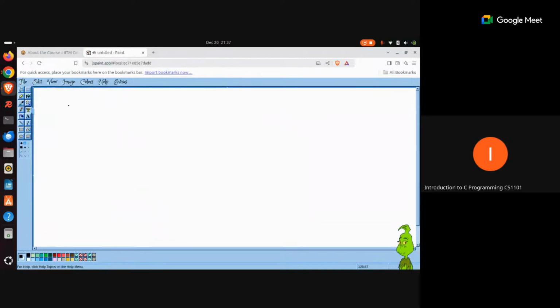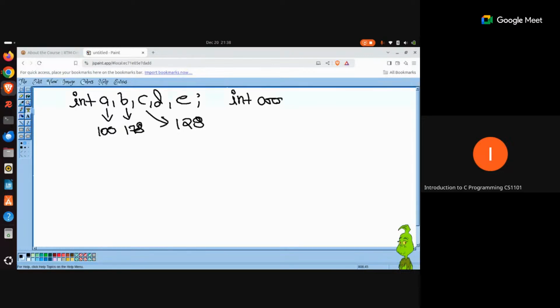All right, so let me talk about this concept as well. Contiguous memory allocation. Now, if you do int a, b, c, d, e, if you create variables like this, contiguous memory allocation is not guaranteed here. It is entirely possible that this a is assigned a memory block of 100, this b is assigned, let's say, 178, and this c is assigned some 128, something like that. You cannot predict whether it is going to be contiguous or not. But when you are working with arrays, it is guaranteed that the memory allocation for all these elements is going to be contiguous.